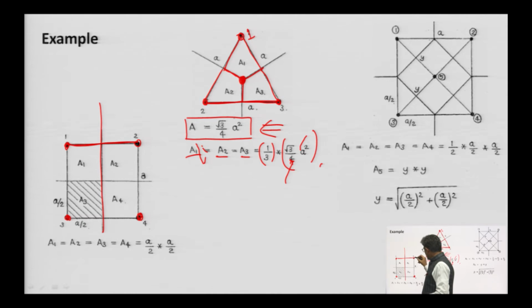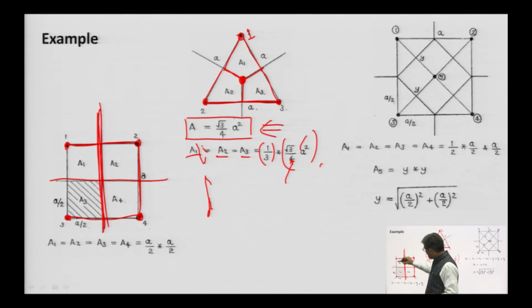Similarly, stations 2 and 4 have to be joined by a straight line and we need to draw a perpendicular bisector. Similarly, 3 to 4 need to be joined and we need to draw the perpendicular bisector, which will coincide with this one. Similarly, the remaining side has to be joined and its bisector will overlap the previous one.